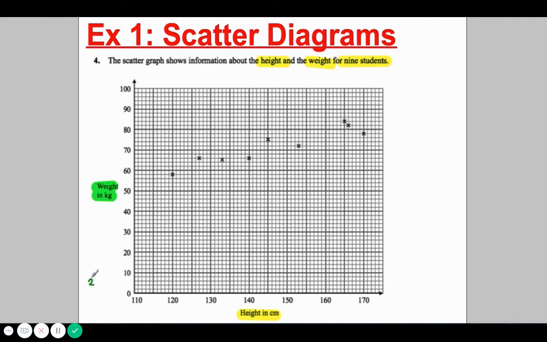So on this side, put a little note to yourself that each little square is worth 2. Like 2, 4, 6, 8, 10. It's very important you think about that. Now, what about going along this way? What's each one worth? Well, there are 10 squares here, and there is a difference of 10 between 110 and 120. So each one's worth 1 along here. So just take a moment to do that before you even look at the question.